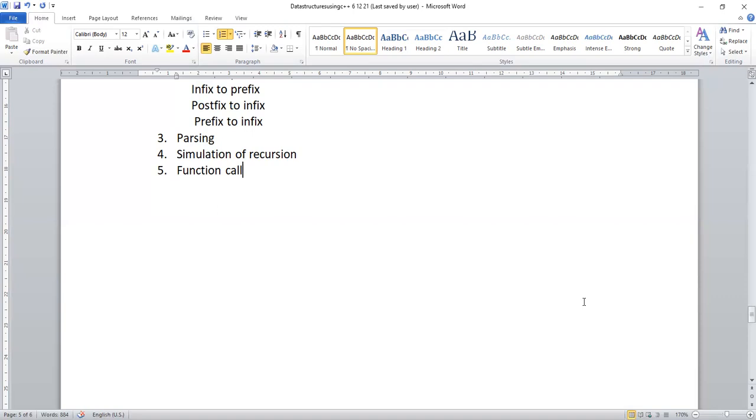Okay, so next topic we are going to learn about is queues. What is a queue and why do we require a queue? Queue is an abstract data type or a linear data structure